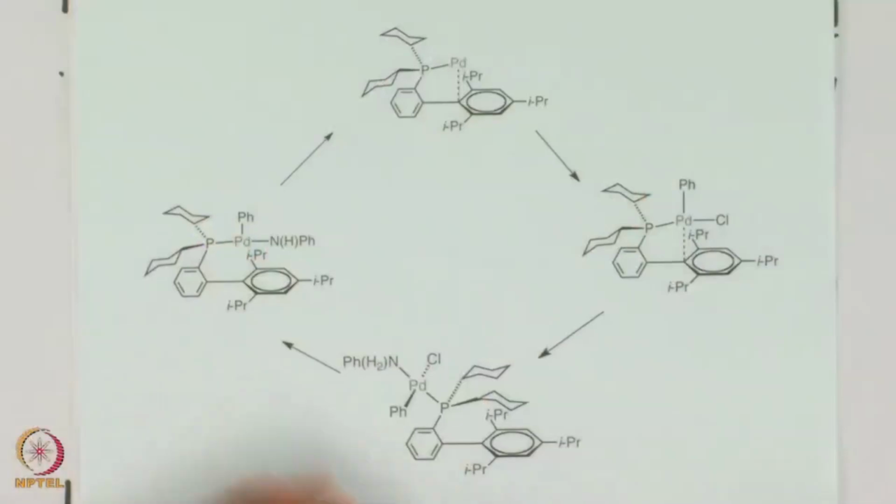Let us look back at those drawings once again to appreciate how good this biaryl phosphine ligand might be for these palladium catalyzed carbon nitrogen bond formation processes. So, what we have right now is the same drawing that we tried to do in the last class. Now, we have it in ChemDraw already ready. What we do see is that